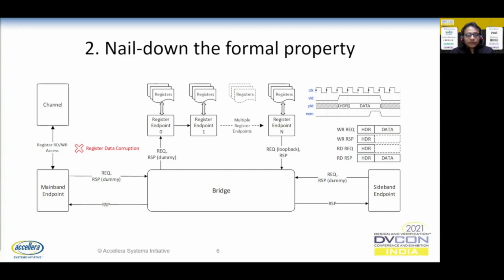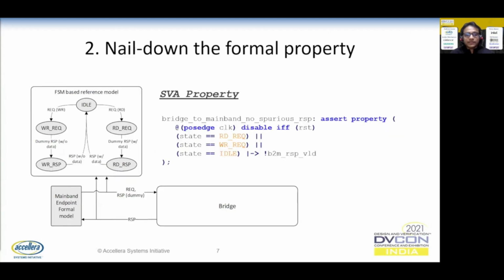Now, if you see on the left, the main band endpoint sends a request and a dummy response, and the bridge has to fill the dummy response with an actual response and send it back to the main band. Here, we can tap this interface to model the sequence of events, saying the request would happen first, then a dummy response, and then the actual response, and model this interaction at the interface in a small FSM-based reference model and ensure that there are no spurious responses